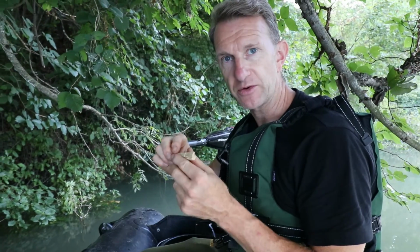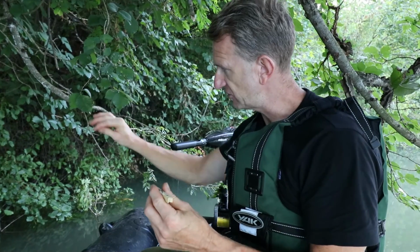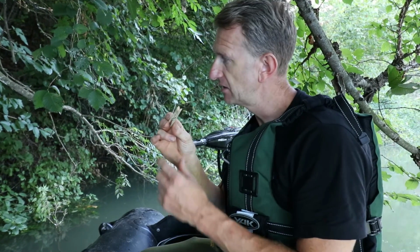I'll show you in a bit how easily they come out when you strike or want to wind in if there's a boat coming. And then what I've got attached to the end of that 20-pound line is a good old-fashioned garden peg. Now at the minute I'm using the wooden ones. Now obviously when they're in the water, these are getting wet. What happens is,